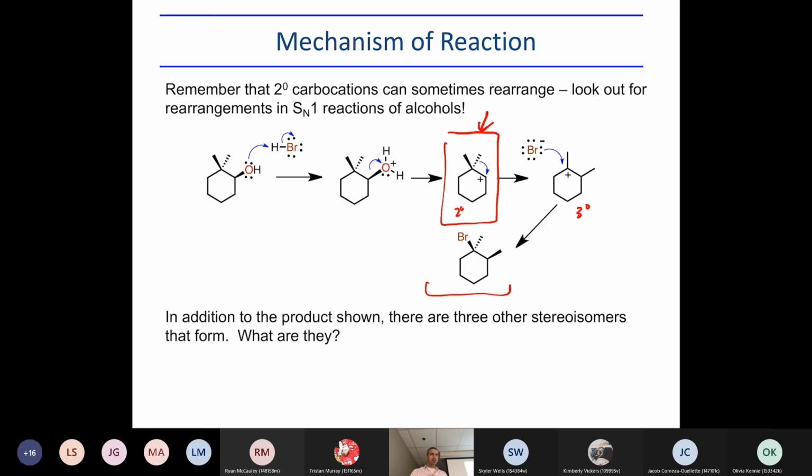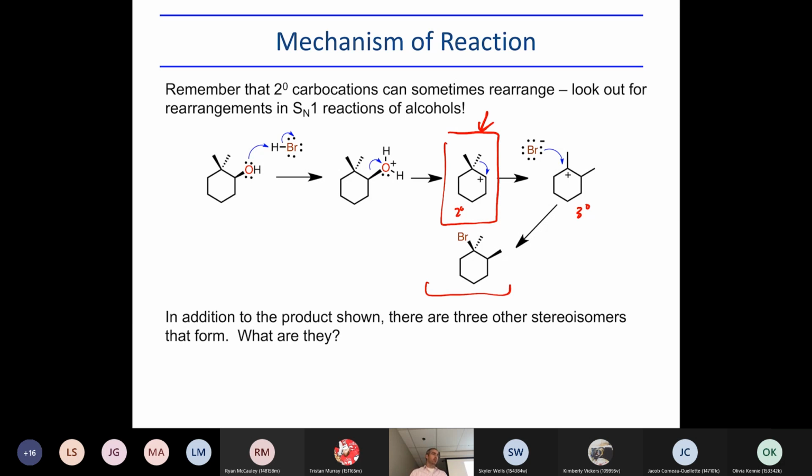The other thing is this is an SN1. SN1 can give you more than one stereoisomer, right? So that bromine can attack the front or the back carbocation. So the one I drew is just one of the possible products. Yes? So why can't the bromine attack the